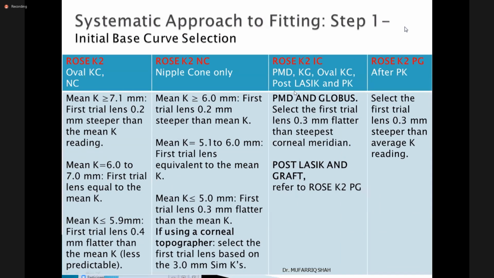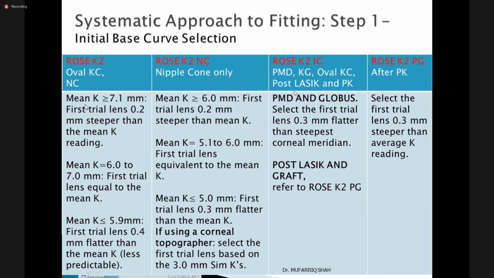Now, systematic approach to fitting, we are coming to fitting. How will you start? Step one is the initial base curve selection. How will you proceed for the base curve selection? As I already mentioned, first you need to know from the cartography, topography or keratometry about the type of the ectasia. So if it is oval keratoconus or nipple cone and you need to go for Rose K2 lenses, then